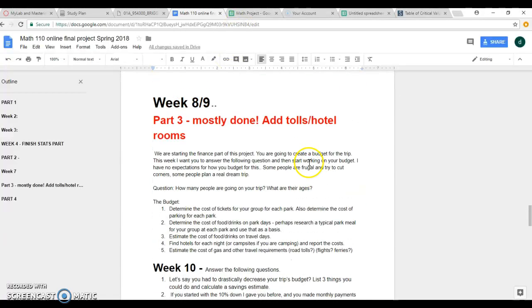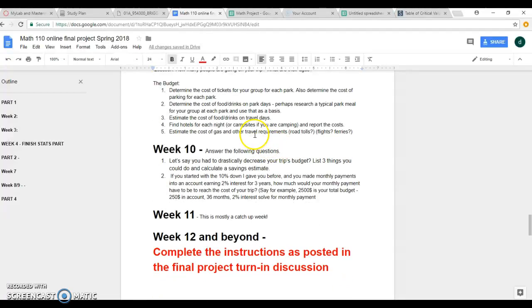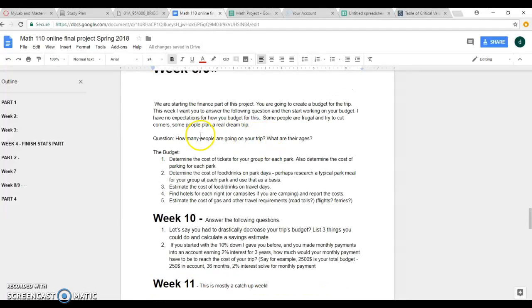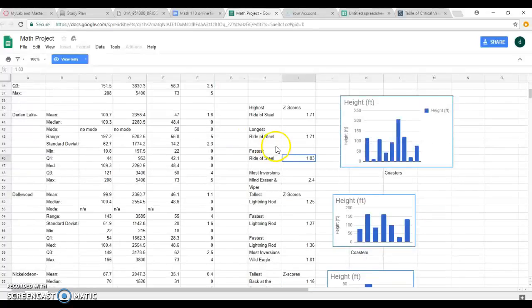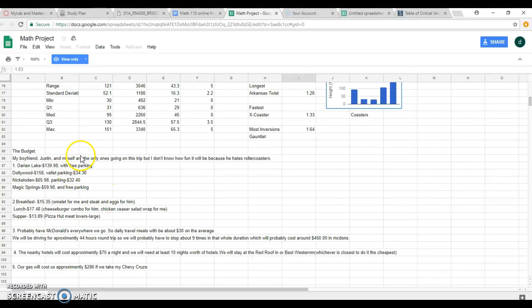From there we move to the finance part. And this is where you were doing budgets and ticketing and stuff. And I think in this I definitely see week 9 over here. So that is there. I think that